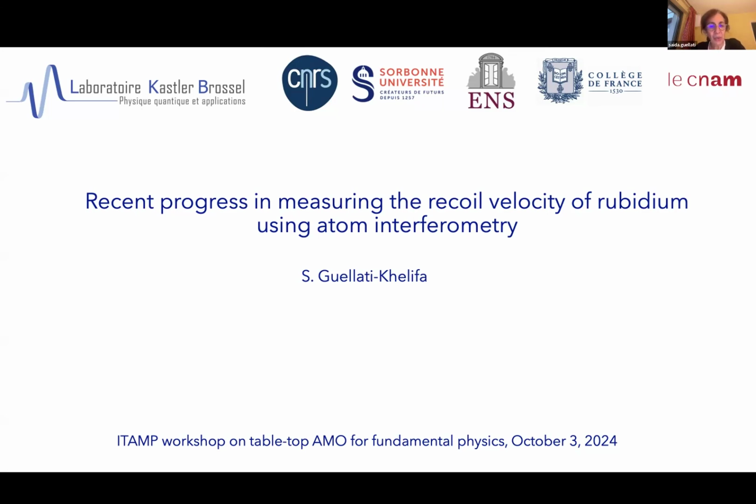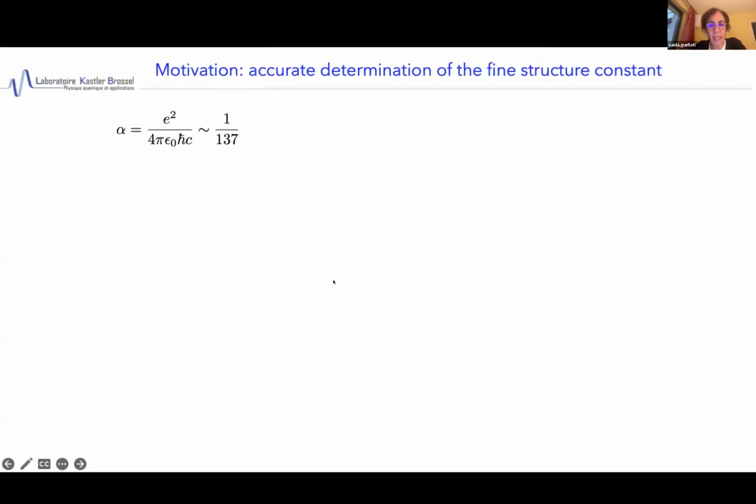I just want to present a recent work of our group to try to understand the discrepancy between the Berkeley and Paris measurements. So the main motivation of our measurement of the recoil velocity, or h/m measurement, is the determination of the fine